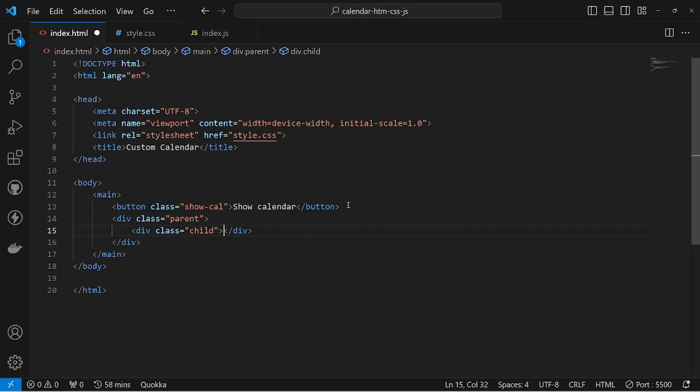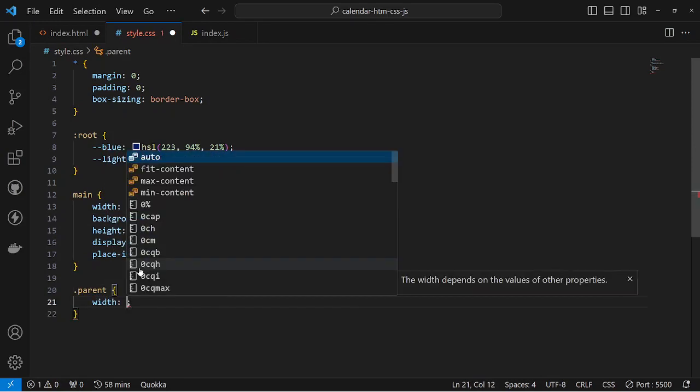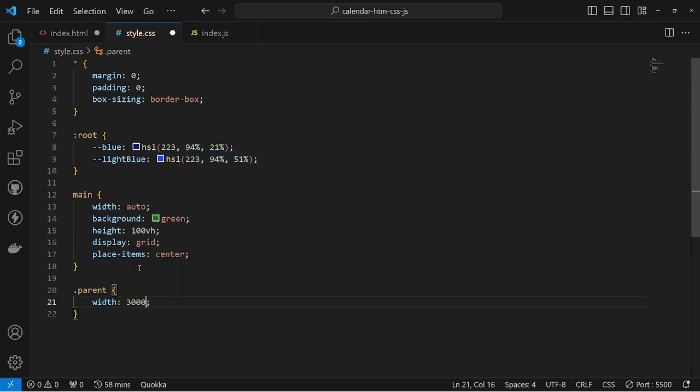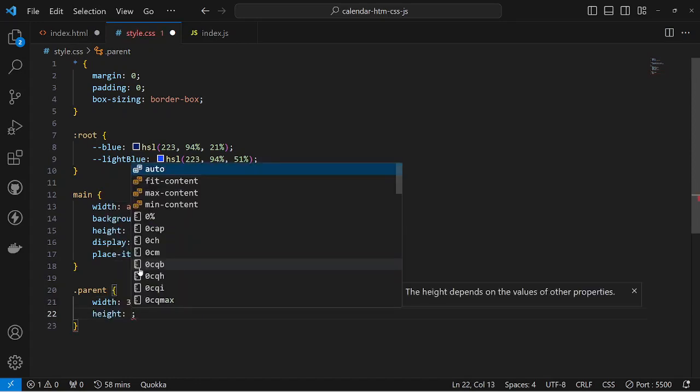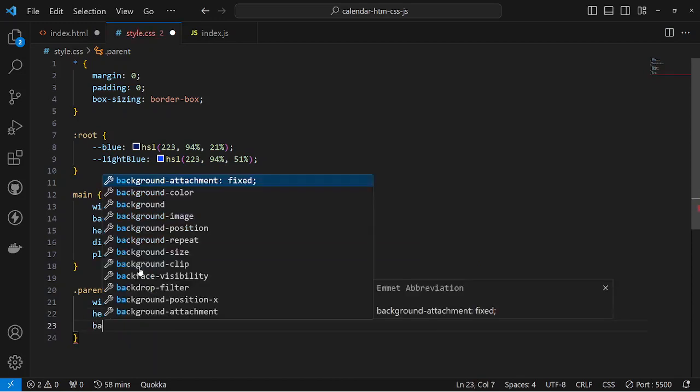Okay, so let's try this and see if I can explain it. So the parent, let's give it a width of something fixed. Let's say 300 px. A height, let's make it a square, 300 px. Background,